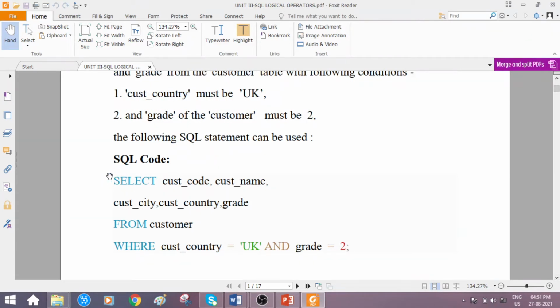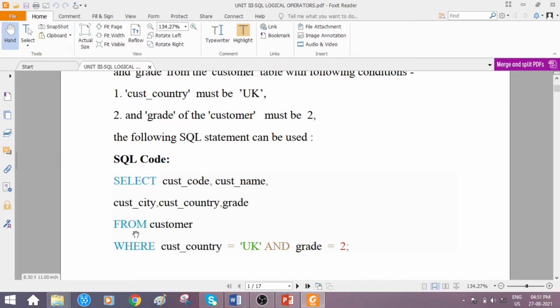Okay, so this is how the SQL code you're following, right? This is how the query is framed. Just check out here. Whenever we need to retrieve some information from the table, we are making use of which operation? Select operation. And as we have to mention which table the information has to be fetched from, the from clause is used to refer to the table name, right?